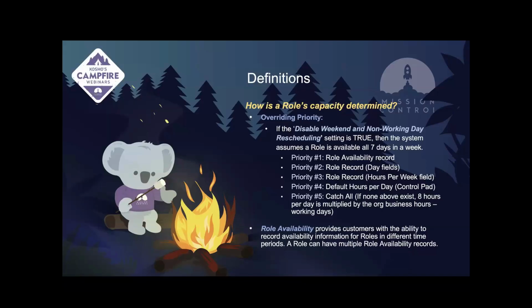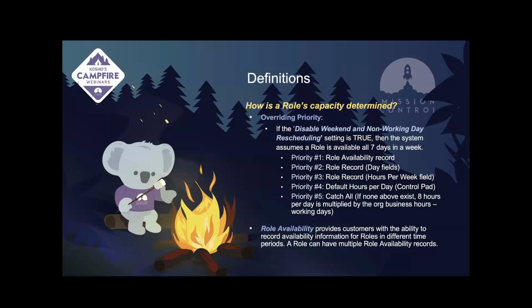However, if you've already identified certain things, such as the role availability record, which we've discussed already and which helps customers record availability information for particular roles for a specific amount of time,